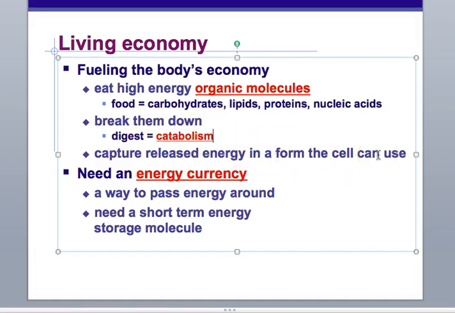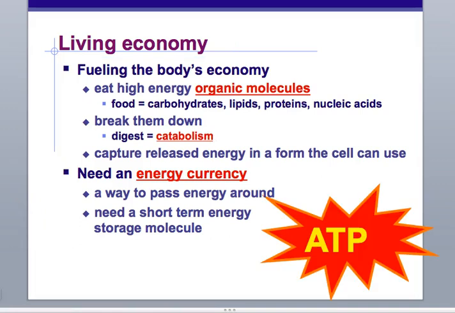And then we need to capture that energy. So how do we actually capture that energy? As soon as it becomes heat, it's lost. It just diffuses out into the environment. So what can we do to trap it in some kind of bond before it is lost to heat? And that's where this idea of an energy currency molecule comes in. We know it works really well. It's a way to pass energy around from places where catabolism is happening, digestion is happening, to places where anabolism needs to happen, but you need energy in order to do it. And what we use is a molecule called ATP. And this is a nucleic acid.